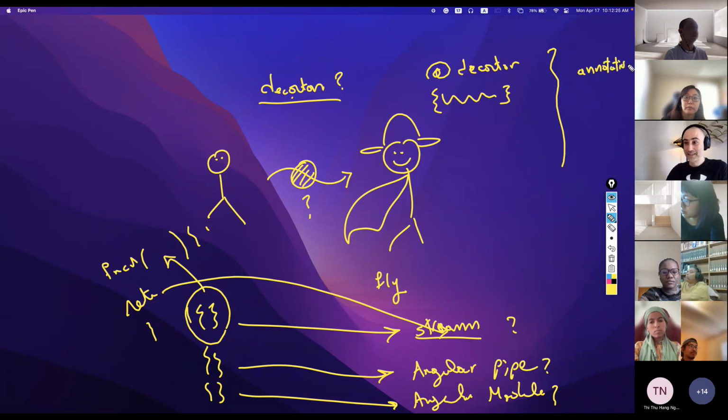So in Java, they call them annotations. In TypeScript, they call them decorators. Potato, potato, tomato, tomato. It's the same thing. We have something, we decorate, we get something else. So you will see me using decorators a lot as we